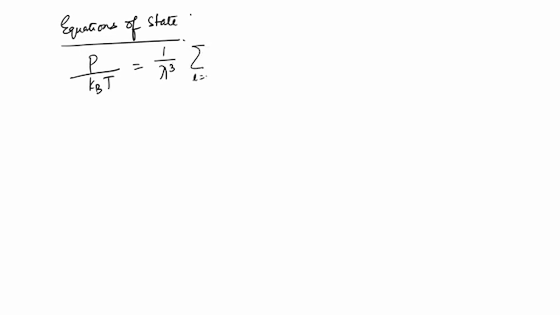So, the equations of state. It is nothing but because P over kT is related to log of Z_g. This is what we have extensively used when we did the quantum gases or ideal gases. Now, we are doing the same thing, excepting that they are non-ideal gases, and we have l equal to 1 to infinity, and you have b_l (zf) whole to the power l. So, that is P over kT,